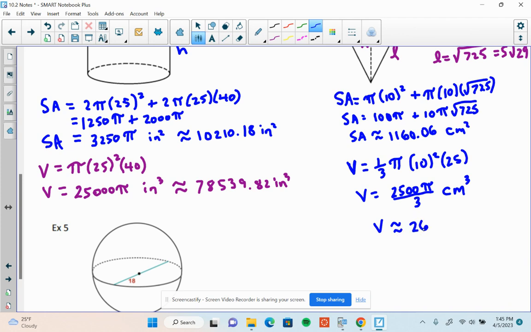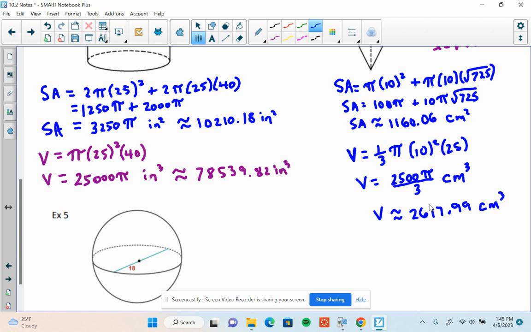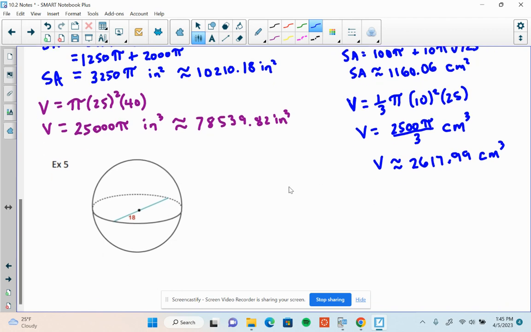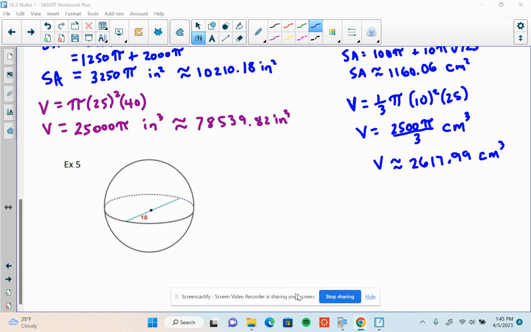And we're going to get out of this one 2,617.99. So basically 2,618 cubic centimeters. And that is the end of that example. Okay, the next one we're going to take a look at is